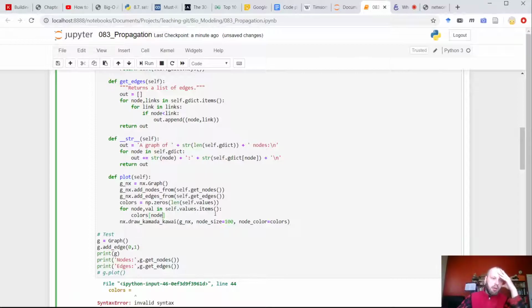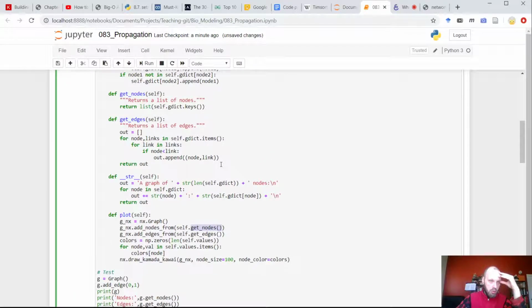And the nodes are provided to NetworkX here by the command get nodes. And get nodes just returns a list of keys. Can we be sure that if we do this part, the values will go in the same sequence? It doesn't feel right.